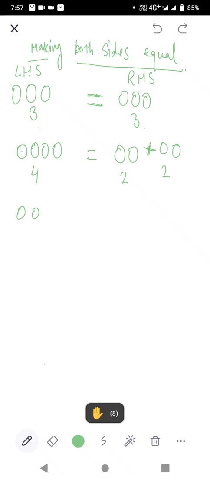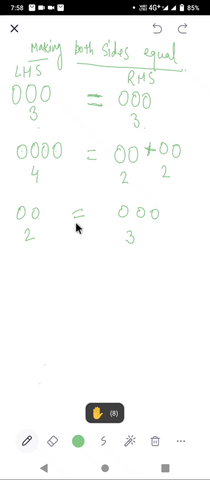So to make both the sides equal, we can add, and we can subtract also. Here we have 2 balls and here we have 3 balls. So to make both the sides equal, we can subtract also from the bigger number. So from which number will we subtract? From 3, because 3 is the bigger number. We can subtract only from the bigger number.